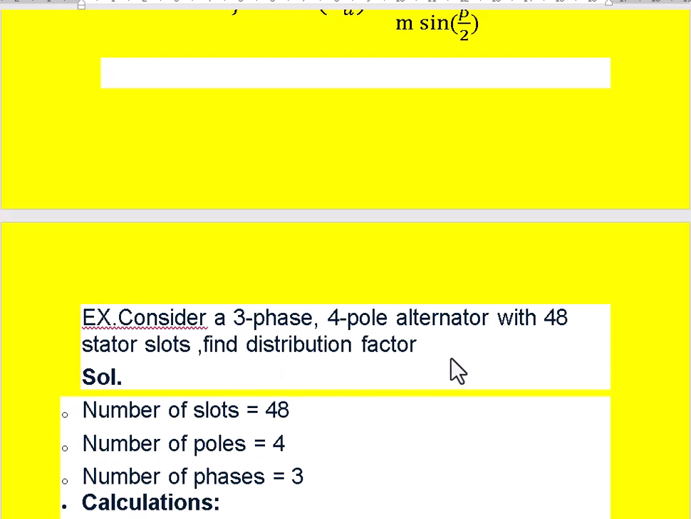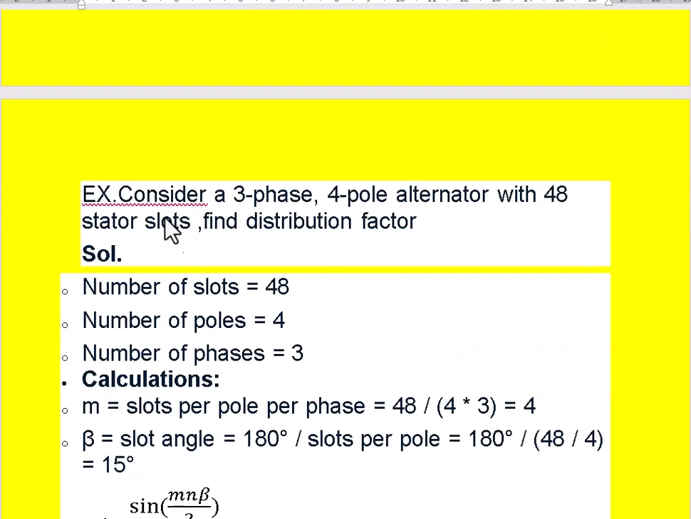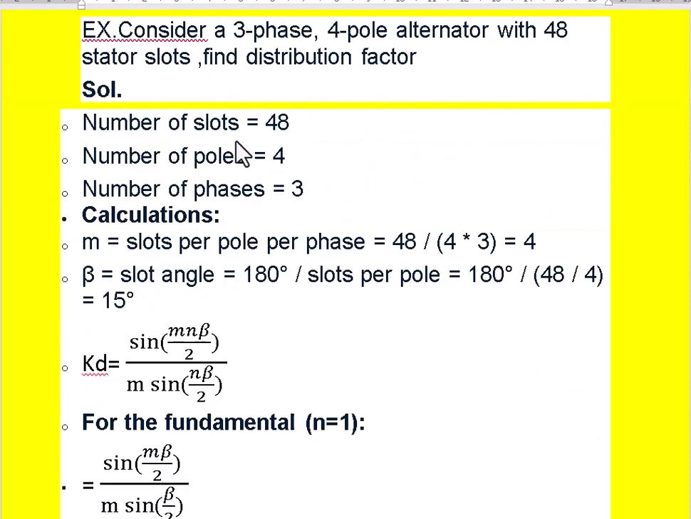So let us take a numerical to explain this distribution factor better. Let us say we have a 3-phase alternator with 4 poles and 48 slots, and find the distribution factor. The number of slots is given as 48, number of poles 4, and number of phases 3. And we know the distribution factor is sine mn beta by 2 divided by m into sine n beta by 2, where n is the